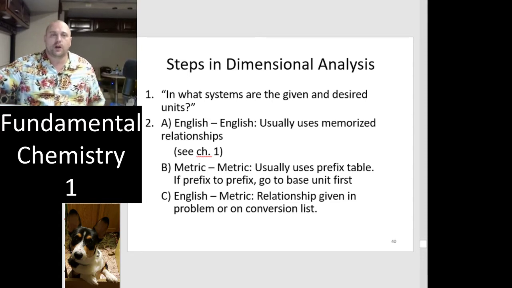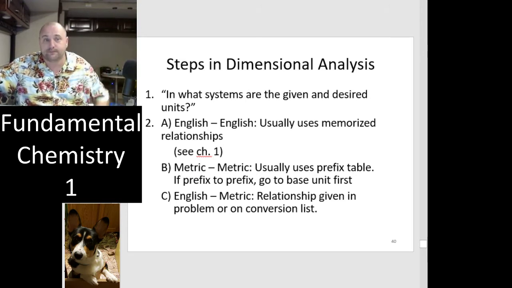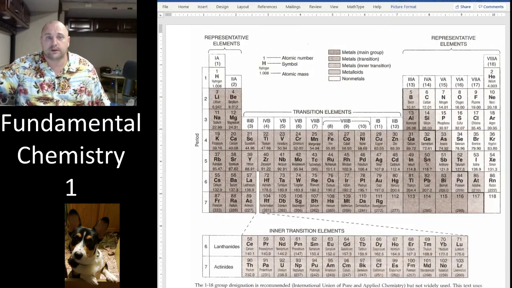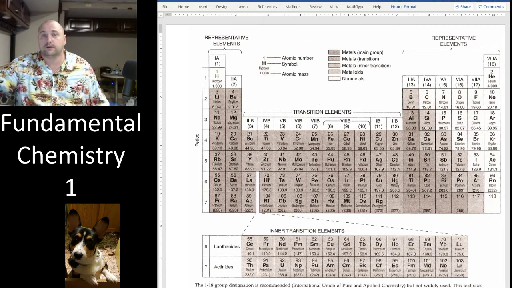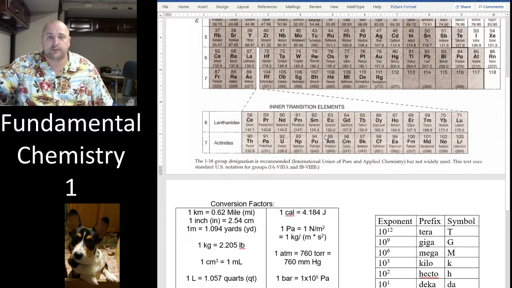And so if it is English to English, you're getting it from your head. If it is metric to metric, we're going to use the prefix table. What prefix table? Well, I'm going to come over here and look at this file that has my periodic table. And this is what I give you on every test, whether it's in person or online. I'll give you this file. It's linked in our course content. I'll put a new copy of it up there. But on the back of this periodic table,